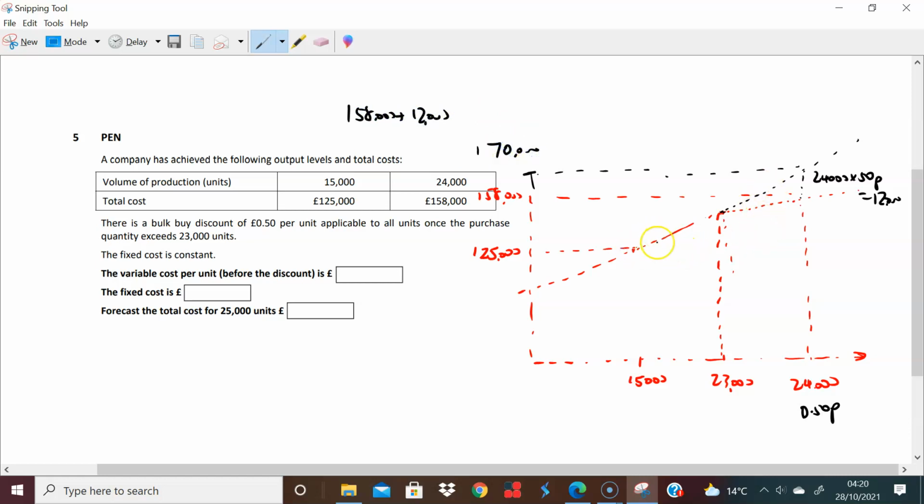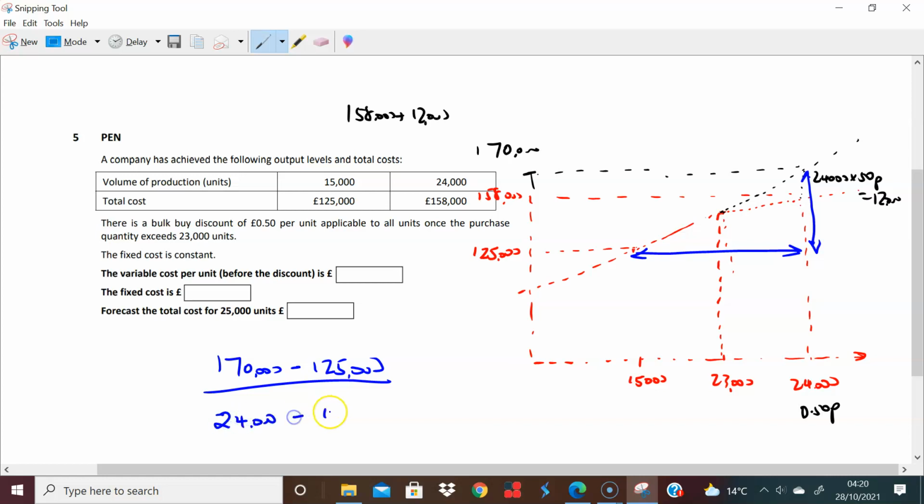which takes us to 170,000. So in effect, I can now find the variable cost using the high-low method, because I have that now and I also have that. This is before the discount. So what does that look like? That is 170,000 minus 125,000, divided by 24,000 minus 15,000. So 170,000 minus 125,000 is 45,000, divided by 24,000 minus 15,000, that's 9,000. And 45,000 divided by 9,000 is £5. So my variable cost before the discount is £5,